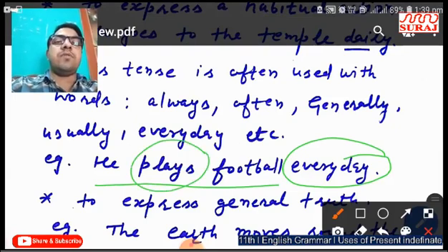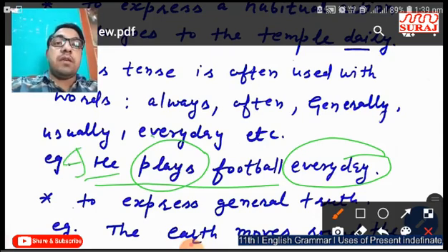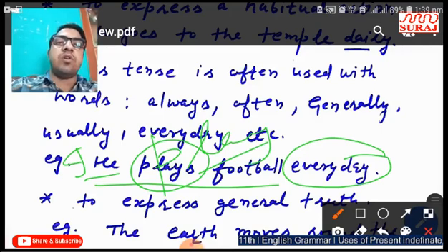That's why we should use present indefinite in this sentence. He plays football. If I write I in place of he, then you should use only the first form. I have already told you that when the subject is he, she, it, any name, any singular thing in a simple sentence, we should use first form plus s or es. But if we write I in place of he, we should use only the first form of the verb.